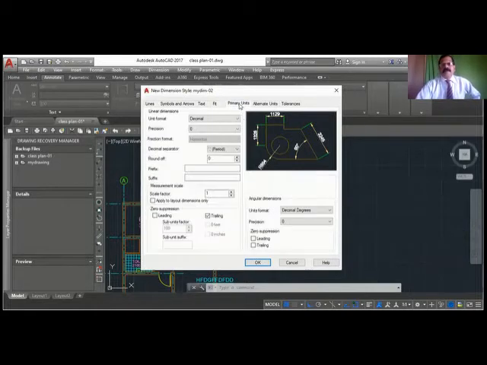Okay. Then in primary units, if you want, you can change the precision. Don't make any other changes here. There is one scale factor here. If you want to show measurements doubled, you can use the number 2 here. If you keep 2 here, all the actual measurements are multiplied by 2. So if the original dimension is 2 meters, it will be multiplied by 2. So always keep it as 1 there.